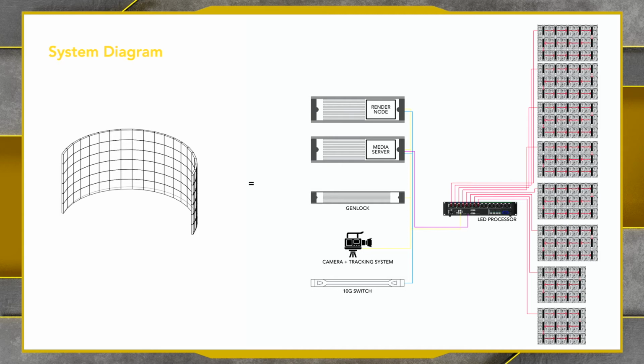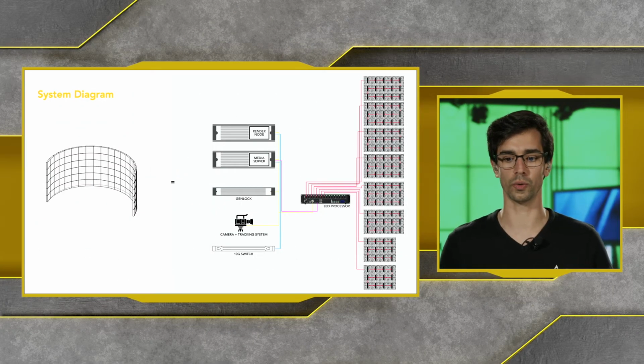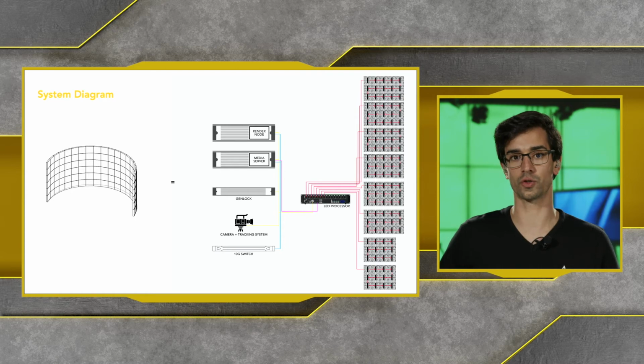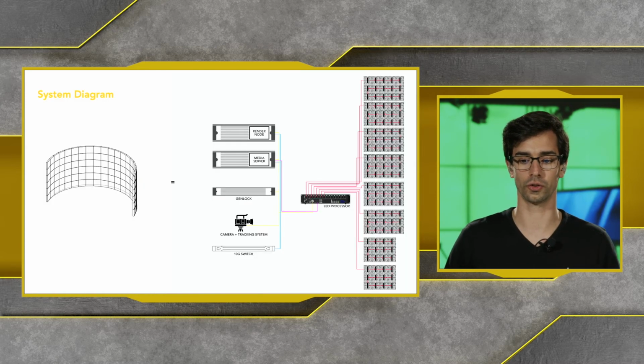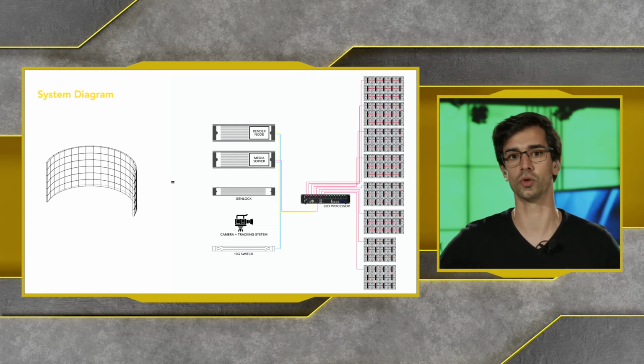So in this case, we've got a total of 114 panels, so 19 columns by 6 rows. What that translates into is 15 panels per output on the LED processor. And then to the LED processor, you plug up your media servers, your render nodes, your camera tracking system, etc., and everything else. Everything in your system is obviously connected to your Genlock to make sure that everything follows the same